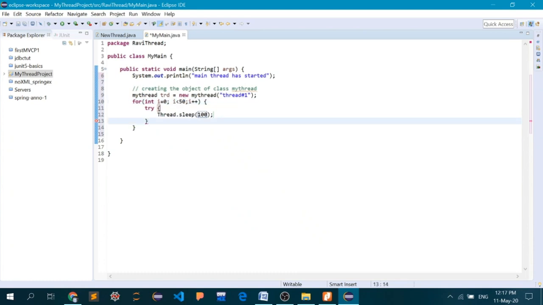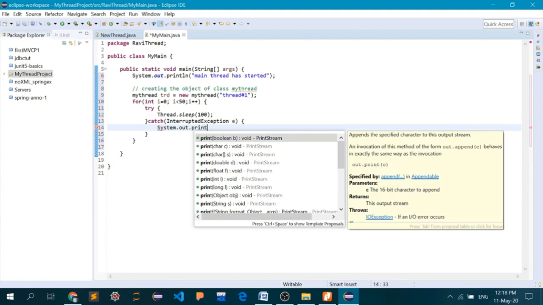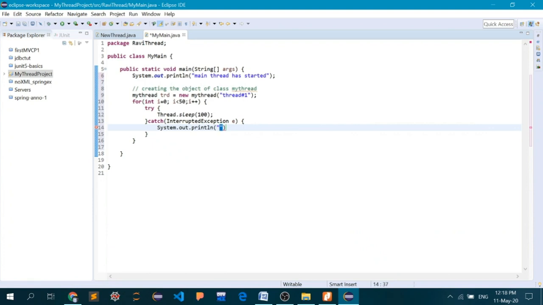Okay, the catch block, we haven't written that yet. InterruptedException e, and inside the body we can write System.out.println, main thread is interrupted. That is it.